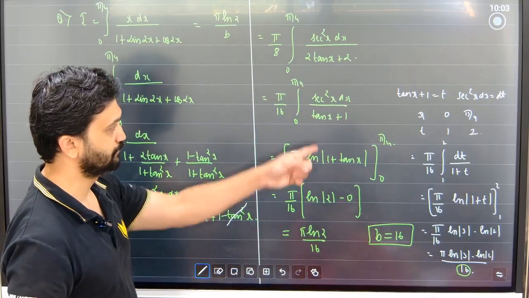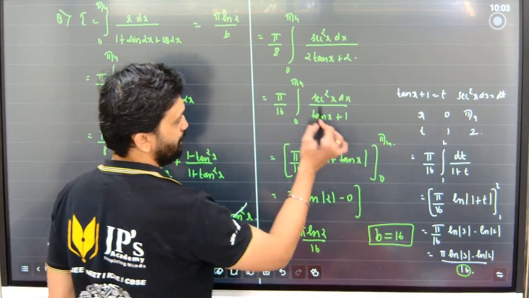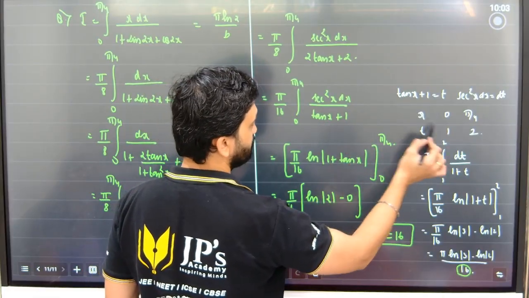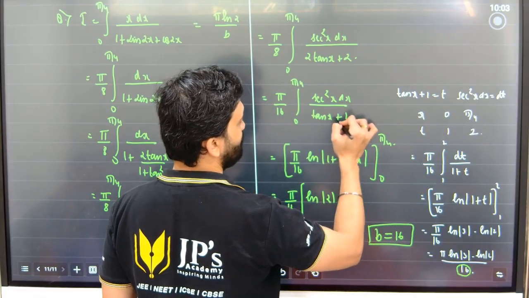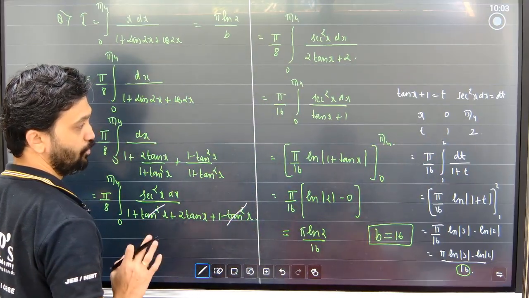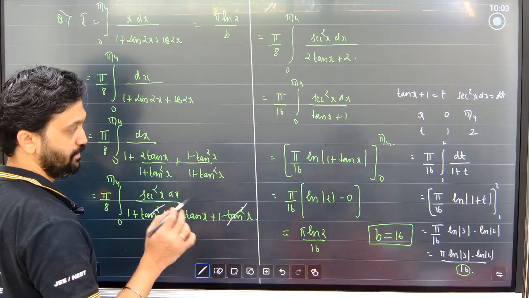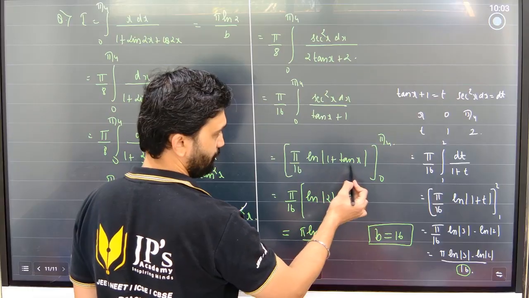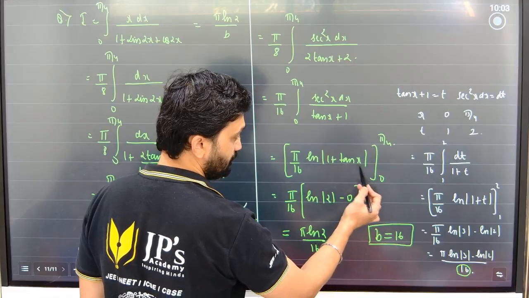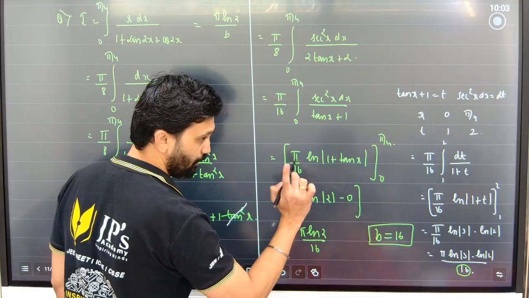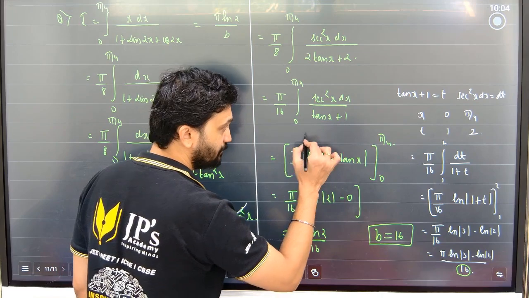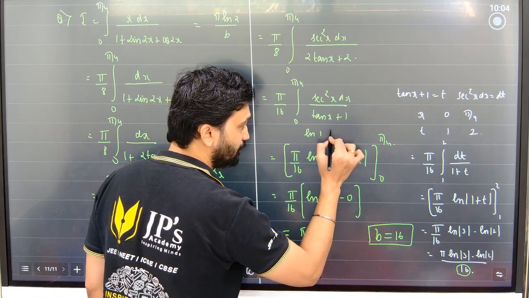I have done the same thing. If I put the value of tan x, tan pi by 4 is 1. If I put tan 0, this will become 1. And if I put tan pi by 4, this will become 1, and 1 plus 1 becomes 2. So I will get ln of 1 plus t. Look, here the same 1 plus t came. The problem is this: if I put pi by 4, it becomes 1, and if I put 0, this becomes 0. And ln is to the base e. We took this as 0 because log 1 is 0, but ln 1 is nothing but